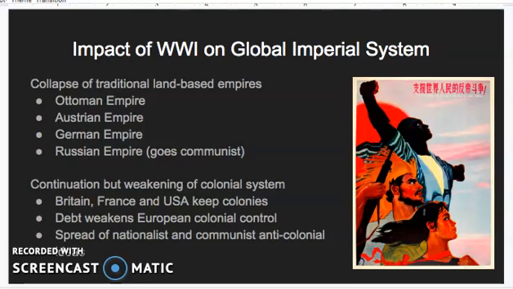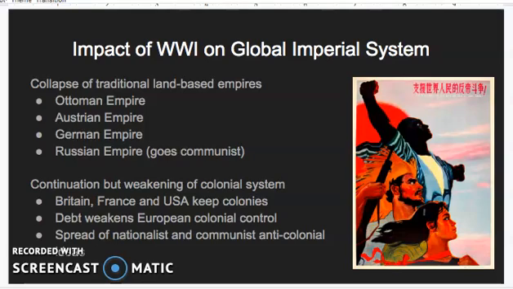Russia is actually on the winning side, but they are knocked out of the war before the war is over, and they end up getting overthrown by a communist revolution. We are going to talk a lot more about the communist revolution in our next unit. But all you need to know for right now is that World War I was so stressful on the Russian economy and the Russian political system that they were unable to prevent a total takeover